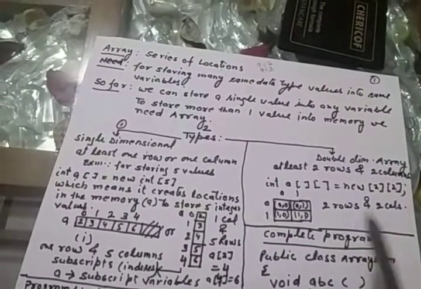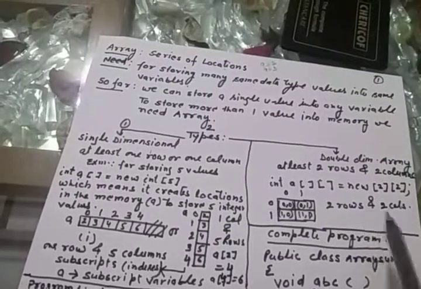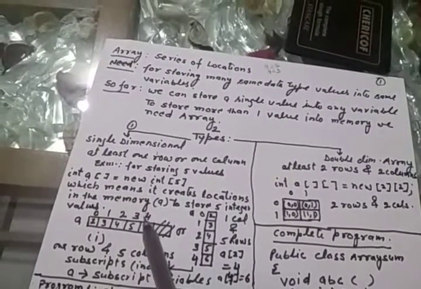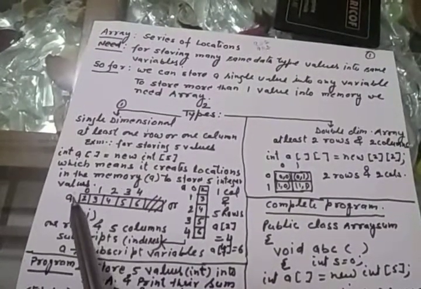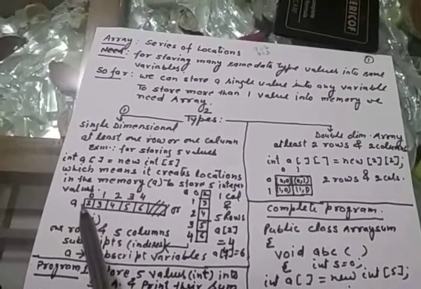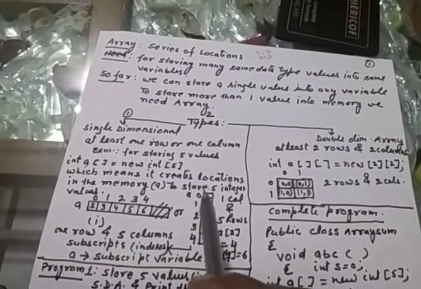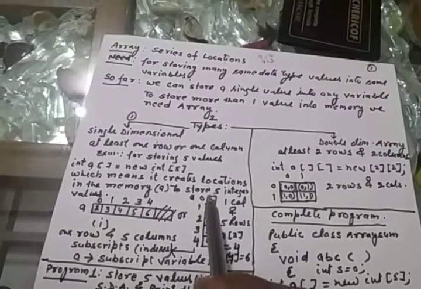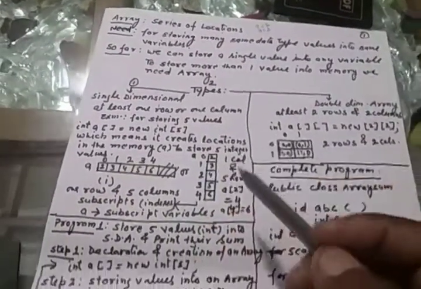Okay, and is here. And is very important. Here we are using or: 1 row or 1 column. 1 row or 1 column means if you are considering the array in such a way, there is only 1 row. If you are considering the array in such a way, there is only 1 column. Clear? Now come to the point.